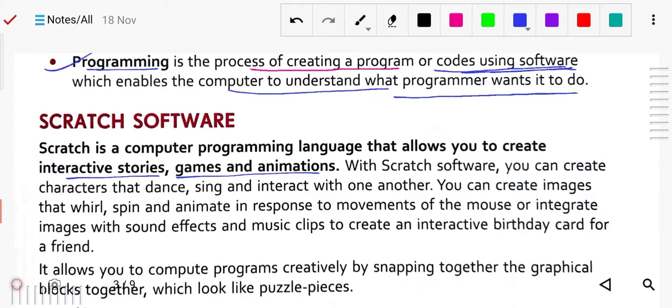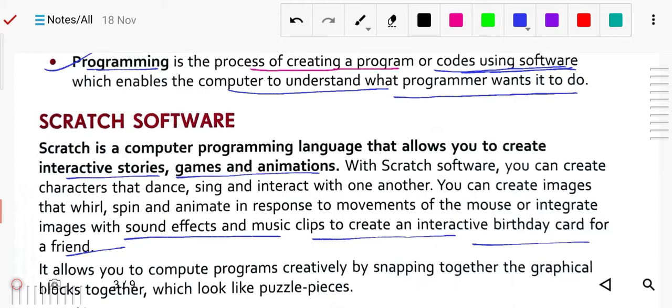You can create images with spinning wheels and animations that respond to the movement of the mouse. You can add sound effects and music clips, make birthday cards for friends, and do many more things with this.